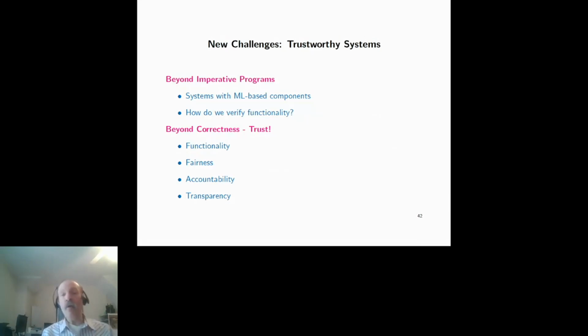But functionality is only one aspect. Remember, the goal is trust and confidence. And now our expectations have grown. We expect not only functionality, we expect fairness, lack of bias, accountability, and transparency. So this conference, FATE, stood for fairness, accountability, transparency, and ethics, and added a star because there could be other entities added. So there are new challenges. We've made lots of progress, but the challenges are growing very, very fast. And I'll stop here, and I'm happy to have a discussion.